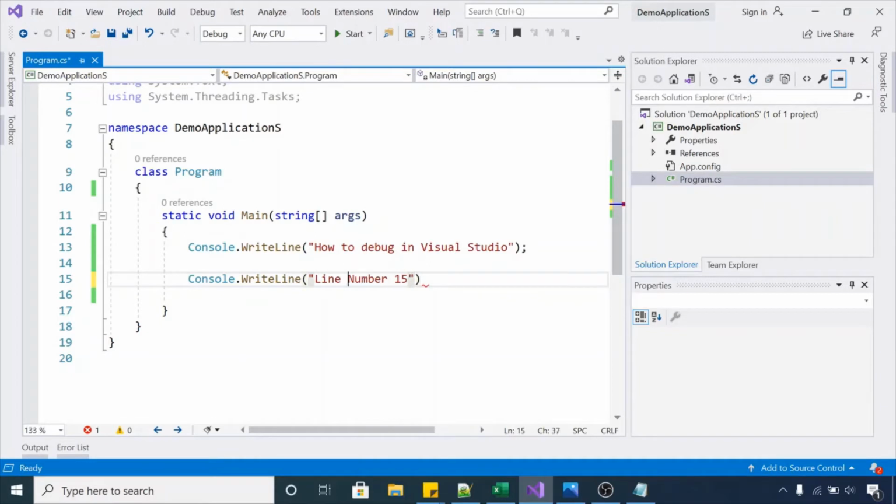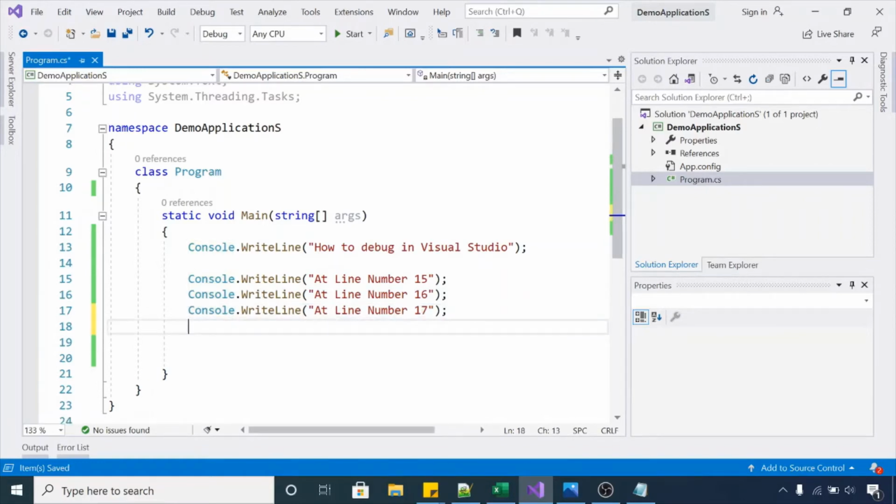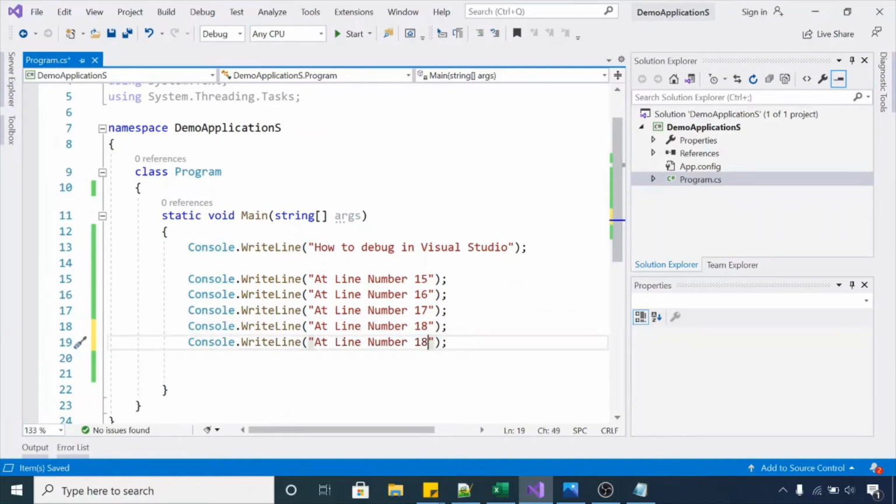We type line number 15, and again line number 16, line number 17, line number 18, line number 19, line number 20.